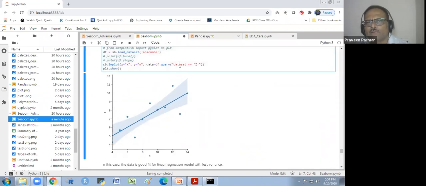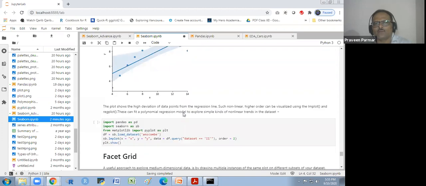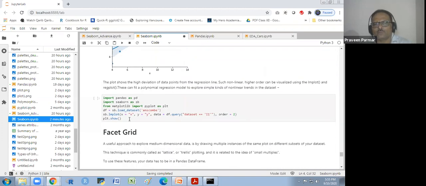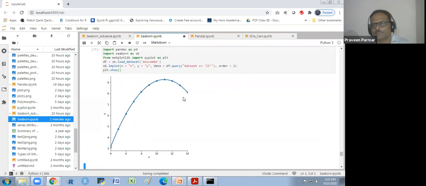For data set 1 we have this one, and we have the different data sets over there. In Anscombe's data, we have the data set equal to 1, and we are taking the data set equal to 2. It is non-linear, with high deviation, so we show the line of best fit. Then we take order 2, and we get it this way. So we are taking df.query data set 2 and order 2.